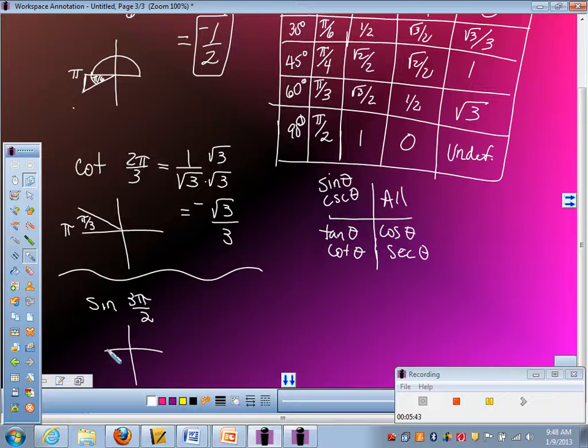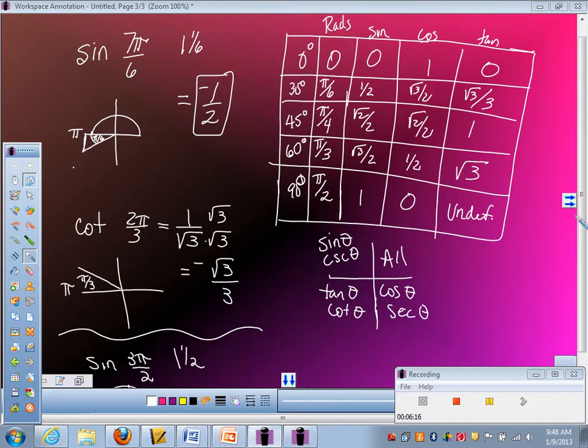Three halves is the same thing as 1 1/2. So we're going to land if you do exactly 1 1/2 pies. Yeah, because 1 pi is halfway around the circle, and then half of that would land you right down on the 270-degree line. You are sitting on a quadrant line. You'll know you're on a quadrant line with radians. Notice in the table,